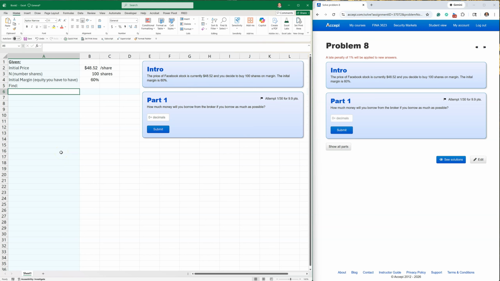And then we want to find how much can you borrow on margin? The maximum amount you can borrow on margin. So for a solution,